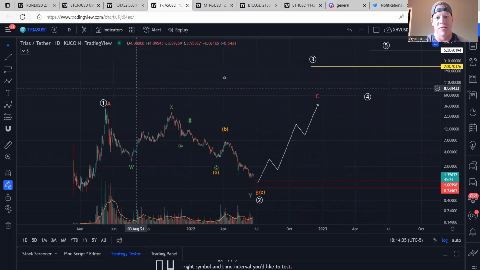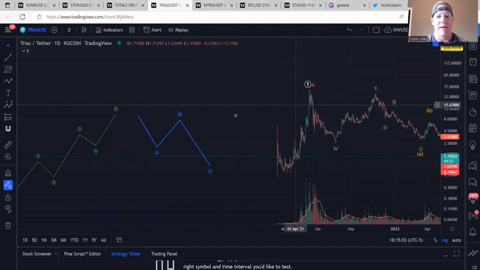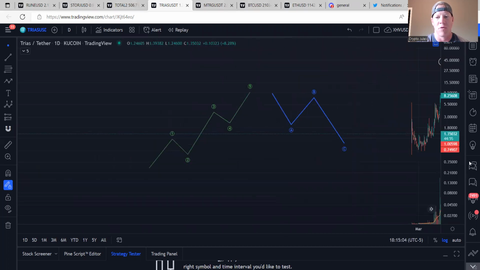The other scenario, which is the white count, is that this thing does end up being macro impulsive in a 5-wave structure, and it is able to create a 3-wave structure, 4, and then a 5-wave impulsive structure, a complete 5-wave impulse structure. That would be the uber bullish scenario, which would take us over $500 per Trias. So to explain that structure in a little more detail,